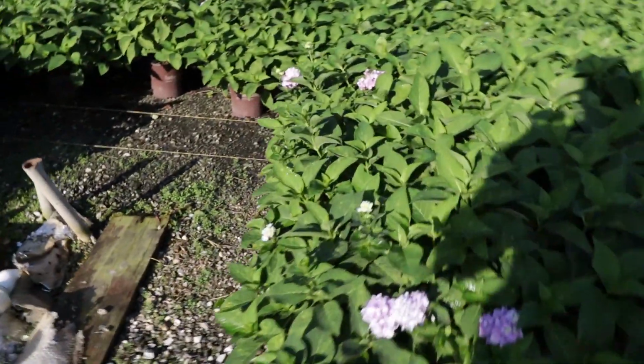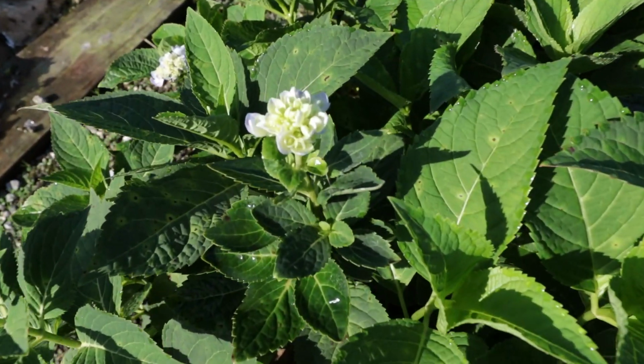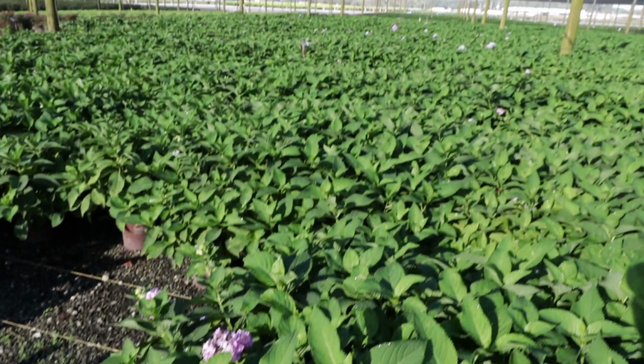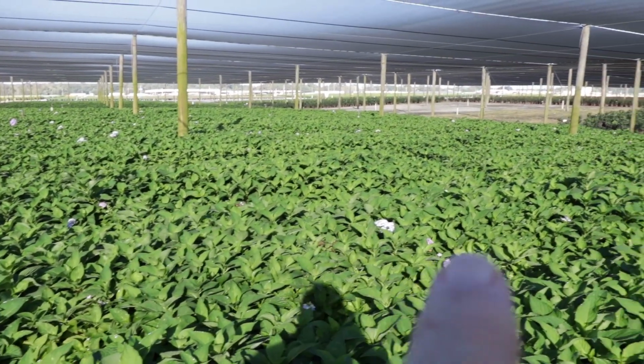My shadow is going to get in the way of this, but you can see right here, they're still flowering, and they were at my house as well when I left. But this one just kind of keeps on going all season. You can see here sporadically, even here in the beginning of October, throughout this group, they're still flowering